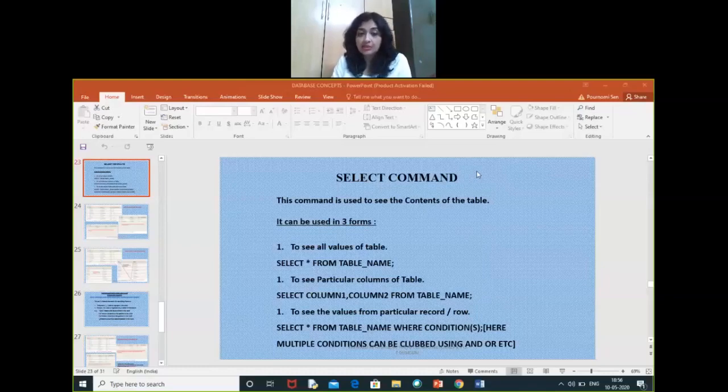Here star means you are displaying all the columns from the table. To see particular columns of a table, you give select column 1, column 2, that means attribute names, from table name. And to see the values from a particular record or row, you will be adding conditions there.